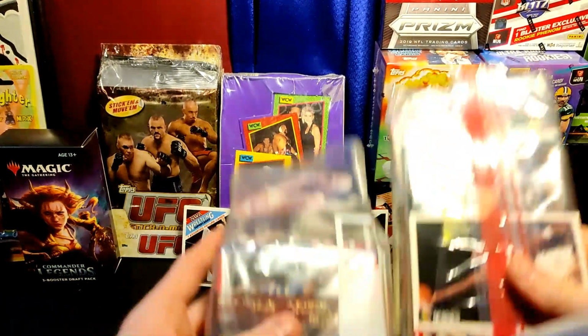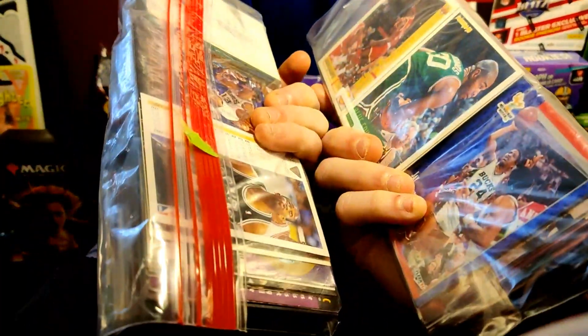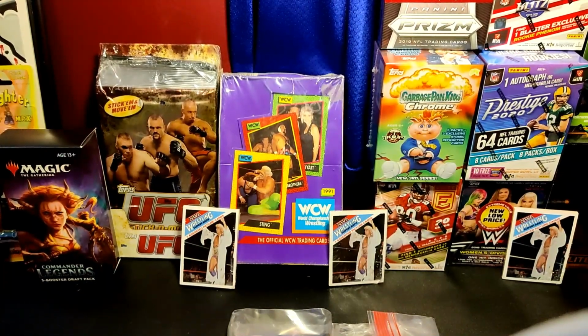Starting off with a bunch of random basketball cards. Yes, that's right, random junk wax era basketball cards. Why would I want those? Guys, I'm always buying collections. I'm always buying odds and ends of things because I like to sell individually on sport lots, and I like